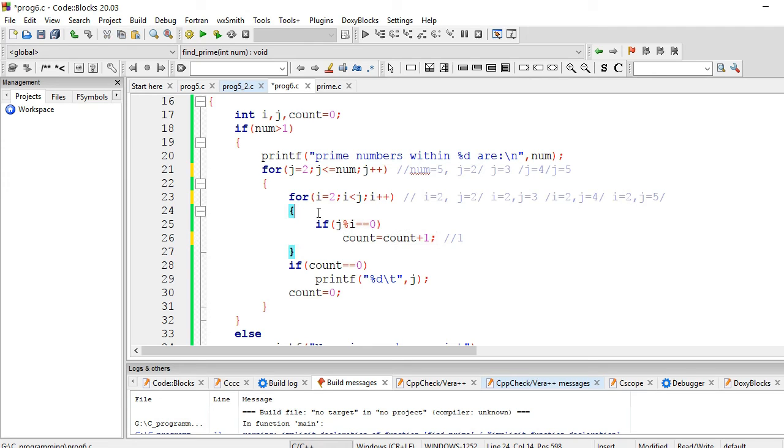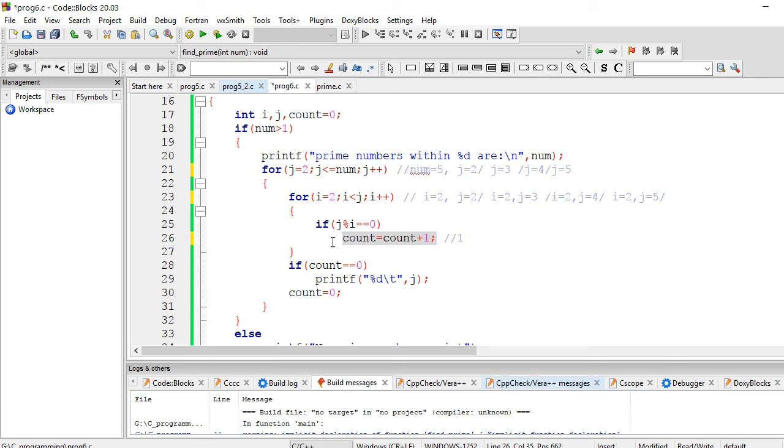Now again i will be incremented to 4 and j will be 5, so 5 modulus 4 is not equal to 0, so count will not be incremented.